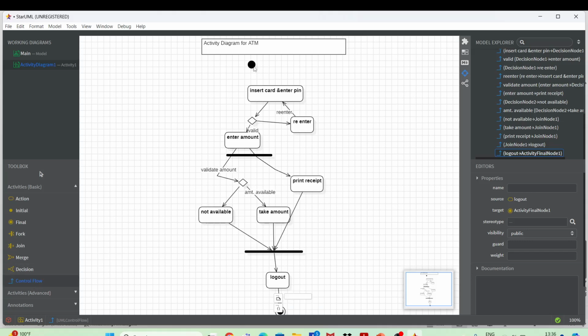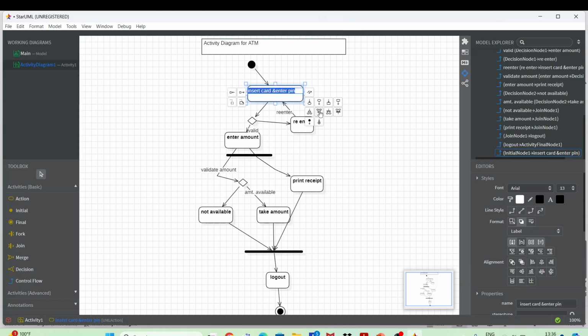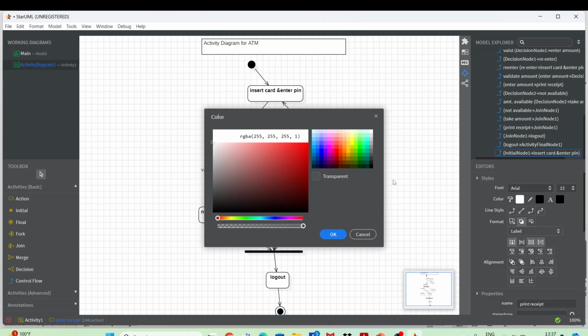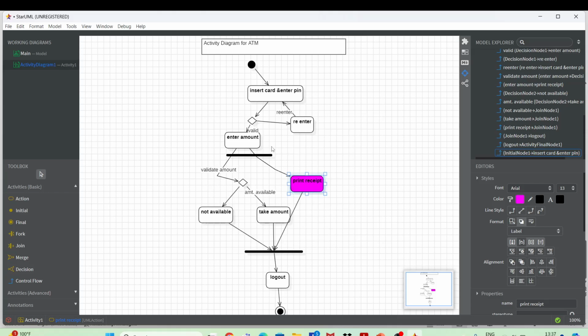One control line you can connect, or you can make use of the shortcuts which I have shown you by double click. When you double click, this type of shortcuts will appear here, so it will save your time, instead of taking the control flow diagram again and again. And another facility here, you have these facilities. You can see here that if you want to change the color, you can select any color from here for the activities. Different color you can use. You can change text color and line color.